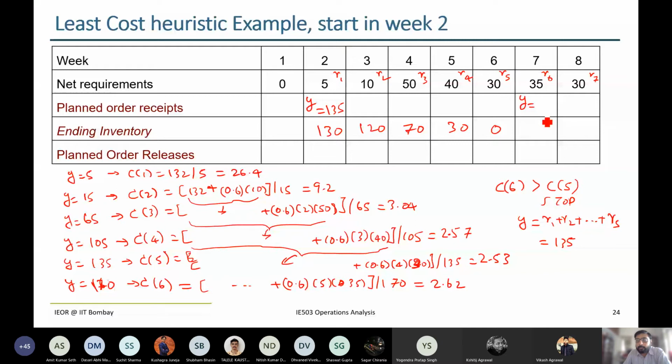You can do and check out the math, but that's what you will get. So then my planned order release becomes 135 and 65. There is 1 period or 1 to 2 periods. Definitely there will be reduction because as you can see here, it went from 26.4, which will continue to remain the same. Versus if I do for even 1 more period, the cost only increases with 30 plus 0.6, but divided by total quantity. So it has to come down.